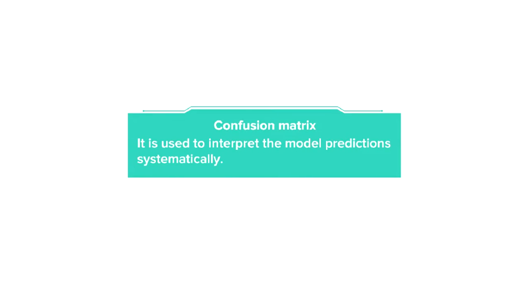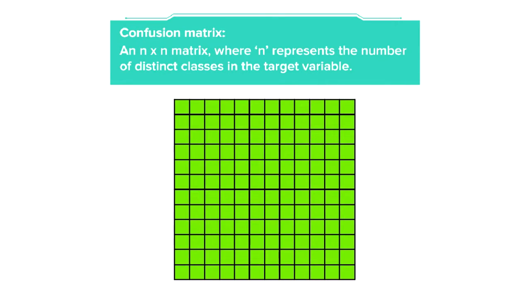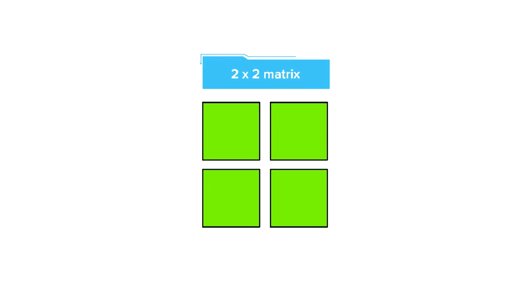For that, we will first learn how to interpret the model predictions systematically using the confusion matrix. For beginners, the confusion matrix, as the name suggests, could be confusing and difficult to understand, but we will make it as easy as possible to understand. Now, a confusion matrix is simply an n cross n matrix, where n represents the number of distinct classes in the target variable. But most problems only contain two classes, therefore, we will be working with a simple